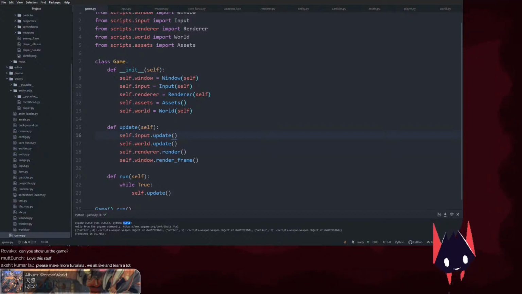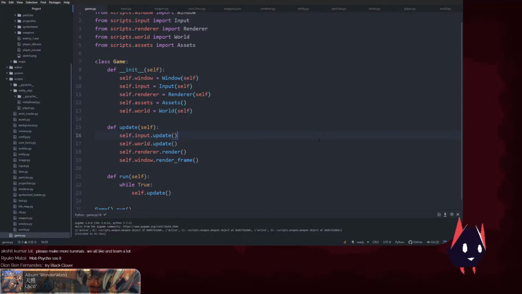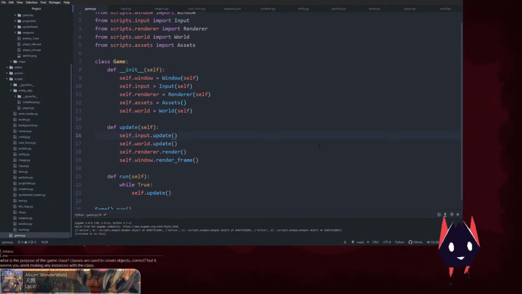Which version of Python? It shows down here, 3.7.2. You can't do too much optimizing with Pygame using multi-threading and multiprocessing. Multi-threading won't really do it because it uses the global interpreter lock, so it's actually still one core, so it doesn't help much. Multiprocessing does end up using multiple cores and it is faster, but it's really not